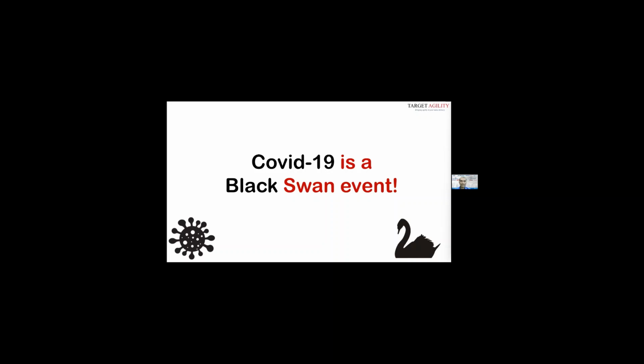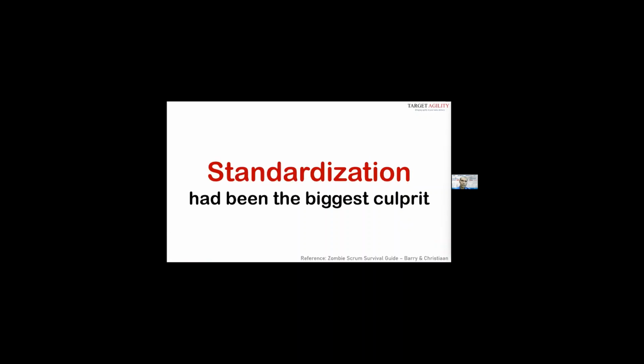How are we going to build that anti-fragility within our organizational way of working, our business model? How are we going to give small shocks in our organization so that when the big shock comes, we are anti-fragile? But then the next question is, what is stopping us? And the biggest thing stopping us from building organizational anti-fragility is standardization.